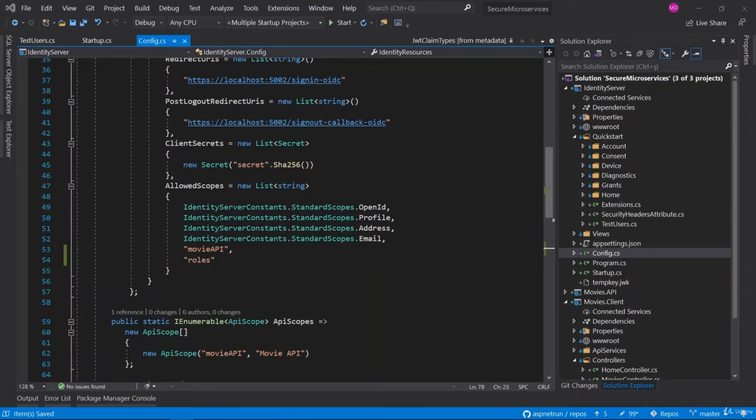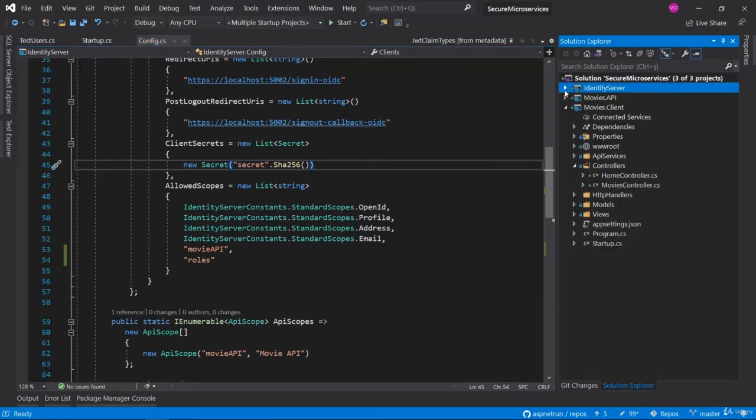In this video, we are going to continue to configure role claims for using role-based authorization. Let's take action. We should also configure the client MVC application. So let me go to the client application now. As you remember, in the last video, we configured the identity server with config and test users. So let me close this one and go to the MVC client application, the Movies client application.